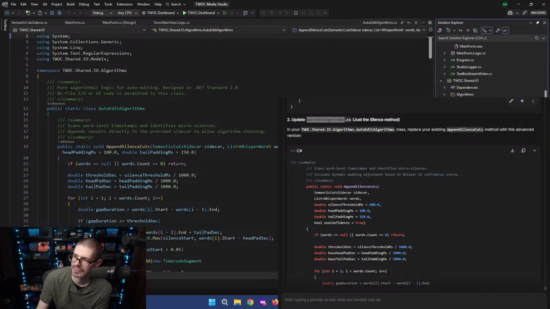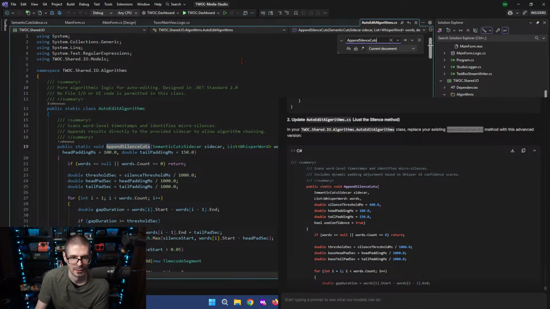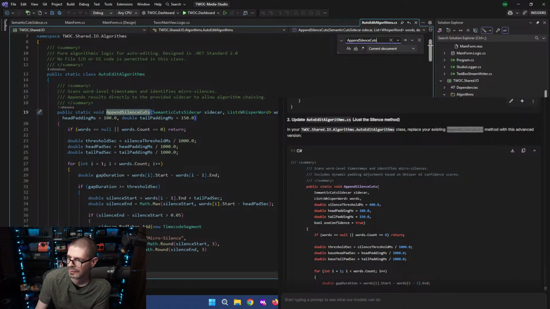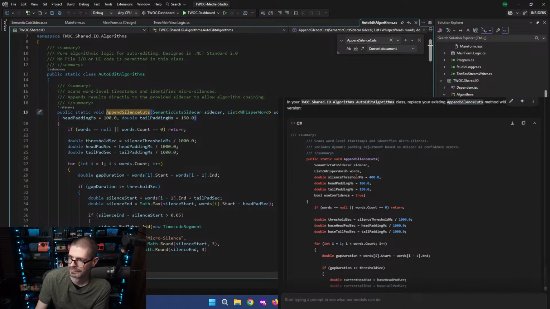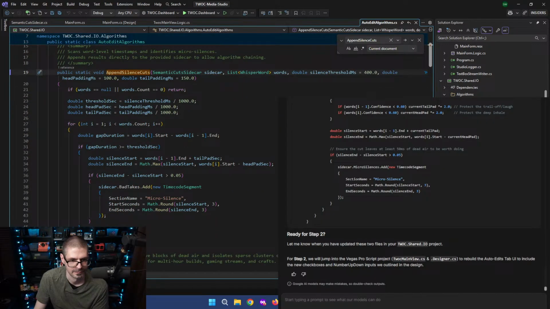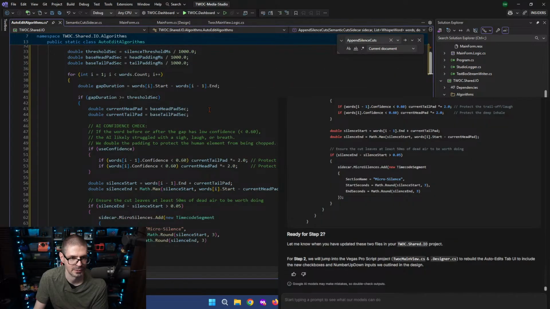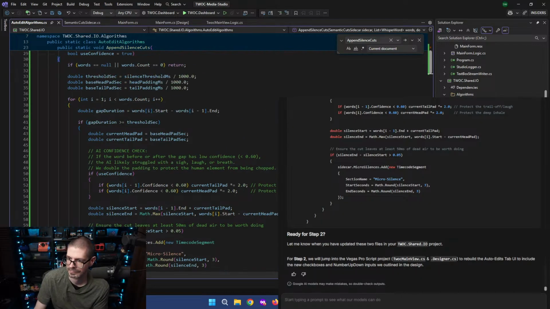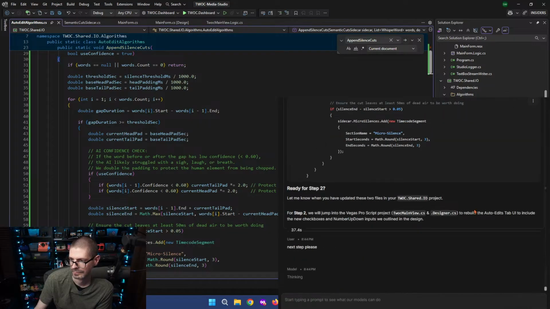Replace this. Okay. Paste. Please. Yeah, because I always have issues with the designer stuff.